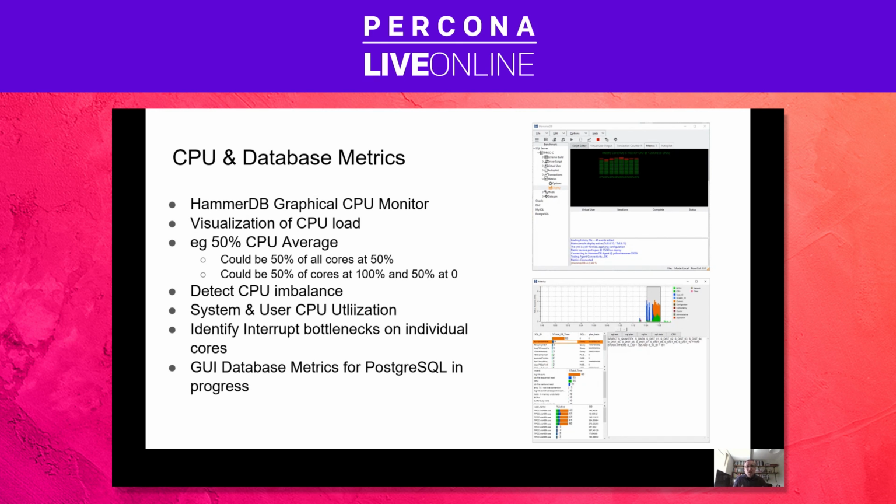So the CPU metrics allow us to get this visualization and detect if there's any sort of imbalance across the system. In particular, look for interrupts. Are some cores maxed out and we're seeing red just on some cores for system time because they're handling all of the system interrupts? Over time as well, HammerDB supports database metrics for graphical metrics for other databases,